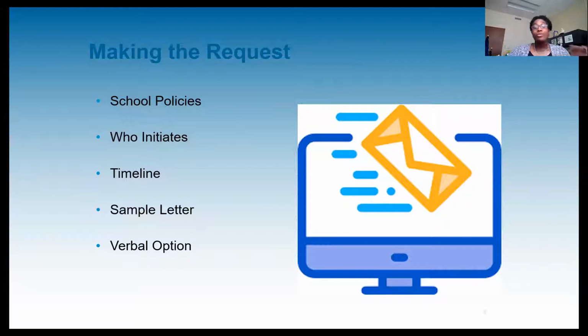And you don't have to wait for the school to initiate a 504 and IEP. You can call the school and ask for that 504 and IEP yourself. And when you do so, it's best to try to do it prior to the start of the school year. So it would be like now during the summer.